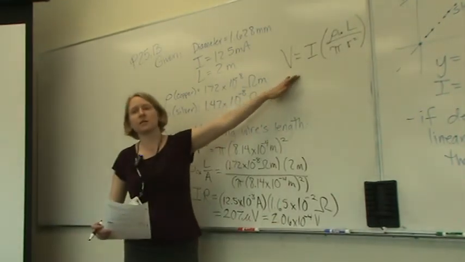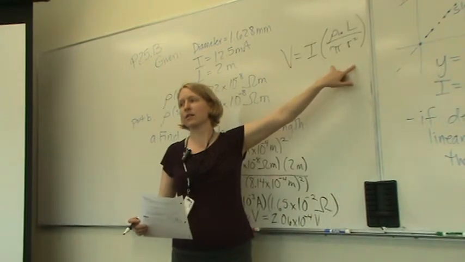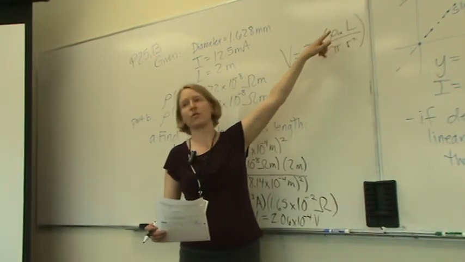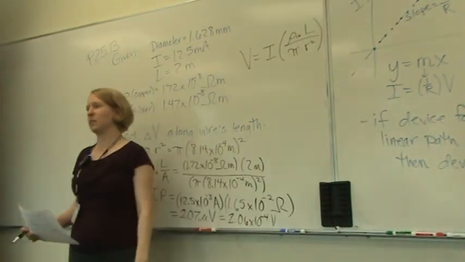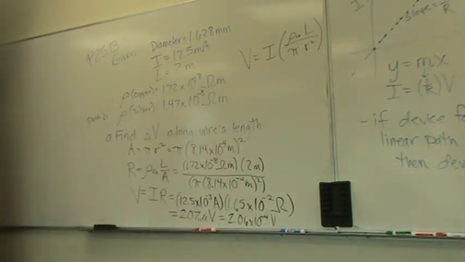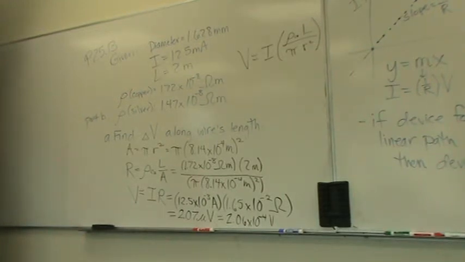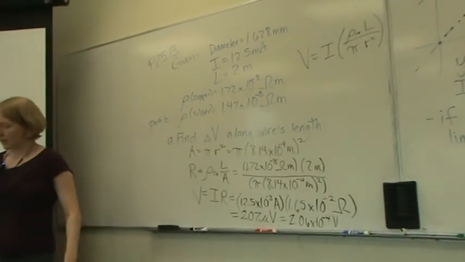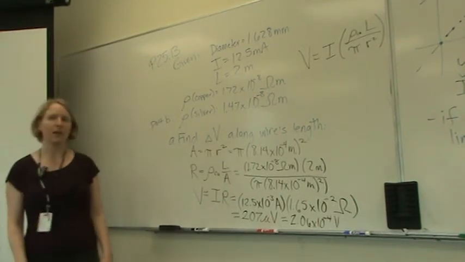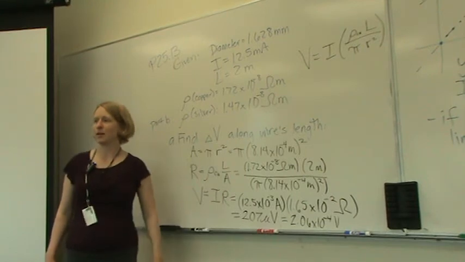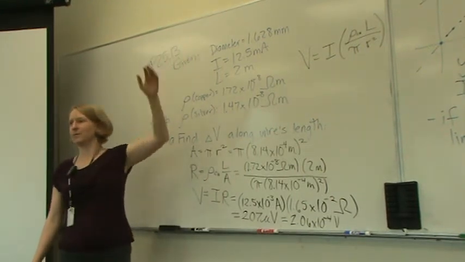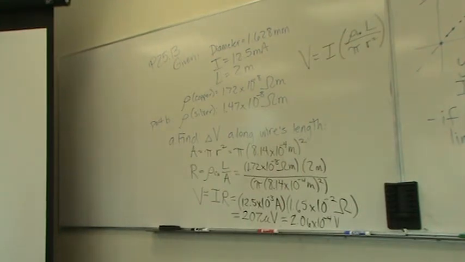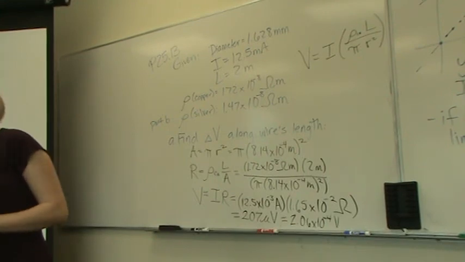And the nice thing about this is once you have one equation in your calculator, you can just re-enter it and change the value from copper to silver, easy peasy, and then part B is done. Okay, any questions on that problem? Yeah, there's a lot of little things they just want to make sure you're paying attention to, converting and whatnot. And the diameter, you got to do that, all those little things. Yeah. All right, great. So I think that we are due for a break. So let's take our